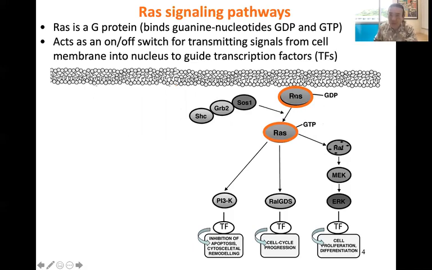So RAS is normally found associated against the cell membrane, right? So it's close to the surface of the cell, right on the underside. And RAS hangs out normally in a state where it's bound to GDP. So this is the off state of RAS. Okay. When RAS switches out the GDP and instead binds to GTP, right, the shape of RAS changes, and RAS